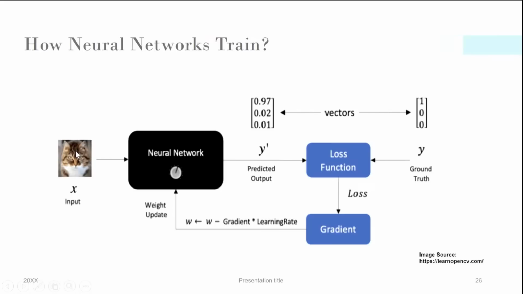So we give it an input, and it produces an output corresponding to that given input, right? Then we compare the output produced by the network with the ground truth, right? Then, using an algorithm called backpropagation and gradient descent, we adjust the weights and biases of different layers of our neural network so that the output produced by the network is similar to the ground truth, and we do that for all the training samples given to us. So over this training loop, these weights and biases get adjusted to minimize this loss